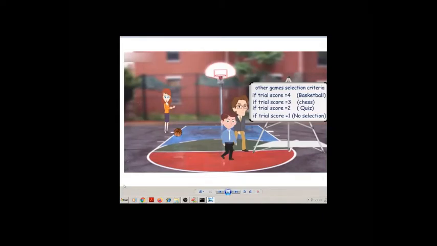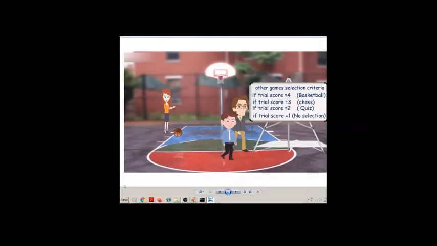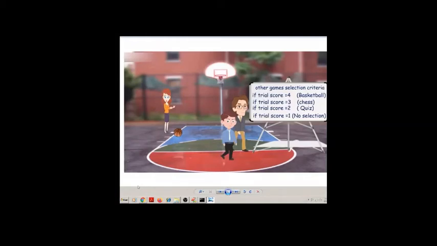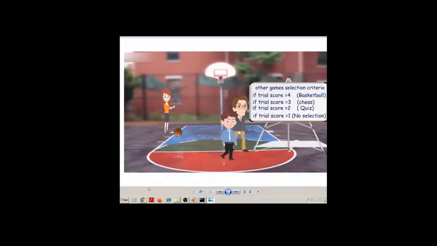And if the trial score is 2, then the student will be selected for quiz. And if the trial score is 1, then the student is not selected for any game.